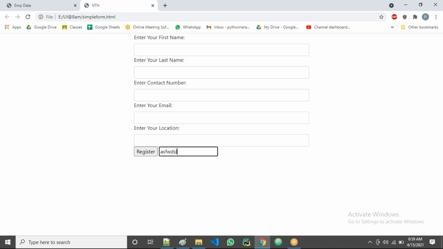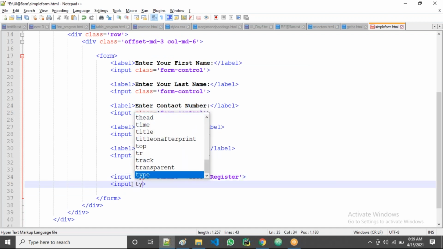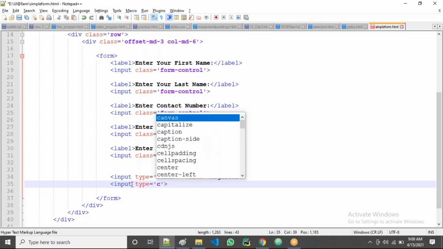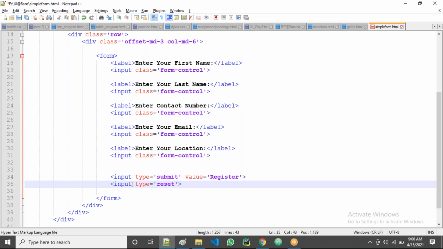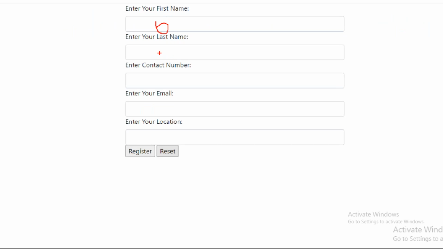The second one is also taking the data here. I don't want this one to take data from the user. Now all of you observe, I'll take the type. This is the clear type, clear or reset type. Reset means, if I click on this button and I've already given data, the data should be cleared from all input boxes. Click on the reset button, and now all this data should clear.